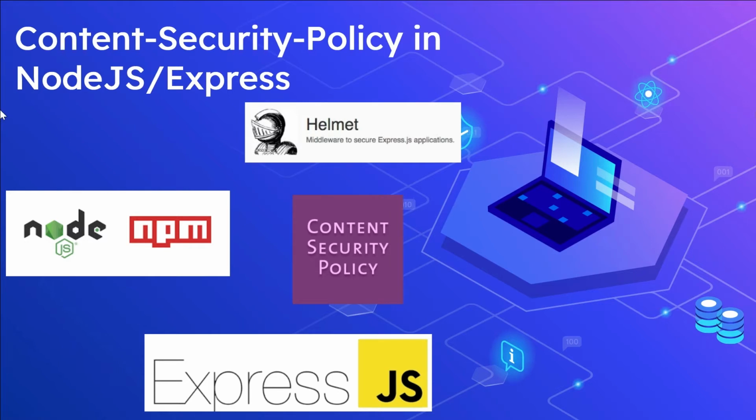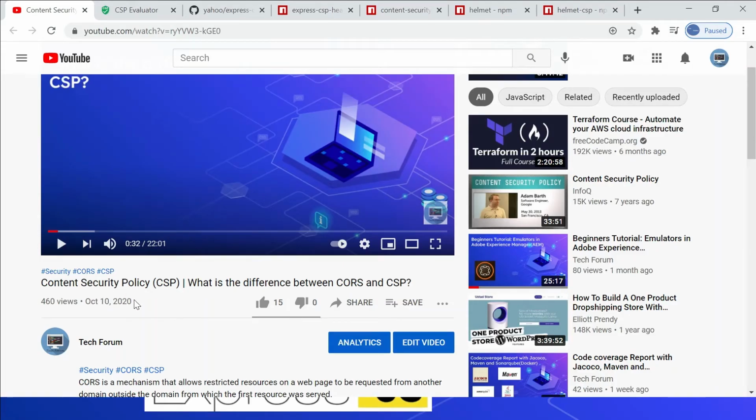To define the loading behavior, the CSP specification uses directives, where a directive defines the loading behavior for a target resource type. This helps to protect against cross-site scripting attacks (XSS), clickjacking, and other code injection attacks that rely on executing malicious content in the context of a trusted web page. Refer to this video for more details on content security policy and different directives.